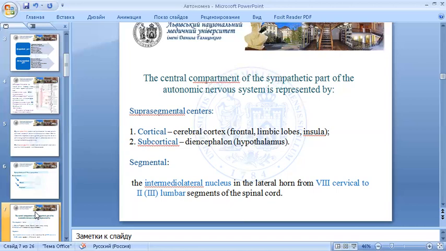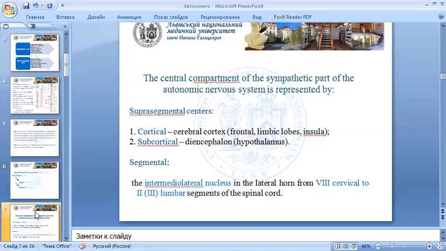But the main center within the brain that regulates the autonomic nervous system is the hypothalamus, which is related to the subcortical suprasegmental centers. It receives multiple inputs from other central nuclei, those of the limbic system linked with emotion, the external environment, olfactory mucosa via the medial forebrain bundle, the internal environment via osmoreceptors and thermoreceptors within the hypothalamus, and above the segmental centers, which are also related to the central compartment, because the central compartment consists of the suprasegmental centers